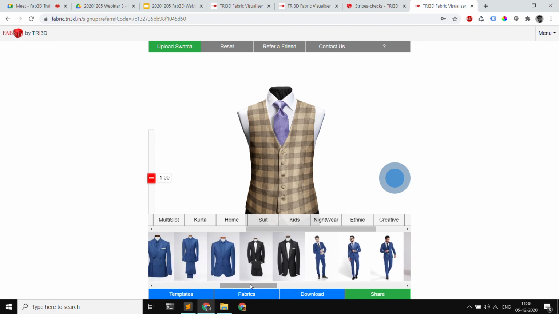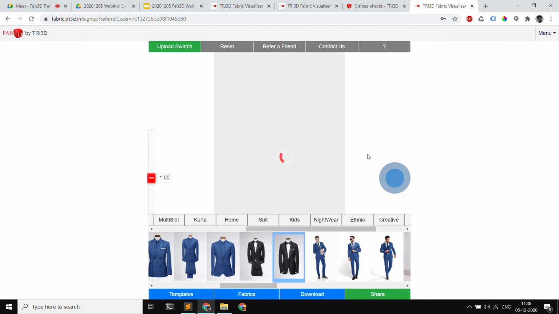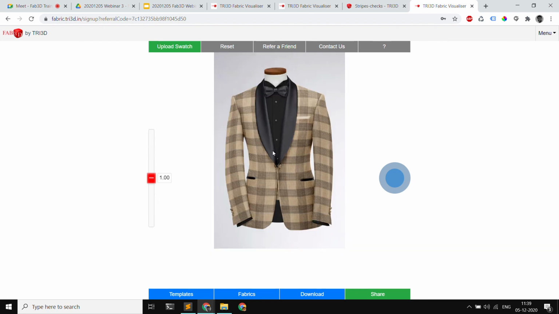In this tuxedo, we kept this label out, so this label is always black in the given template. We can change the color of the label as well, but we can always select and keep certain elements not included in the regular fabric that we want to change. That comes at the template creation level. So if you want certain templates like that created, you let us know and we can work and create those things.